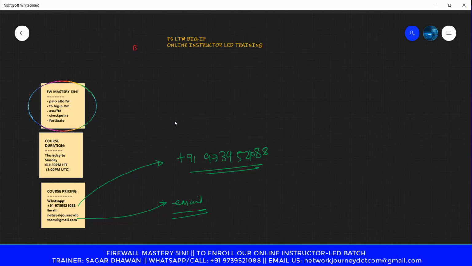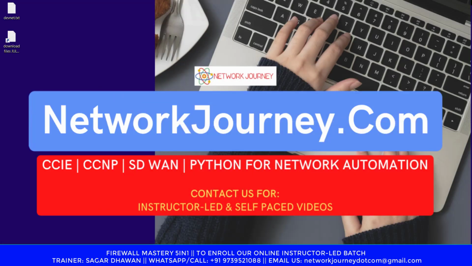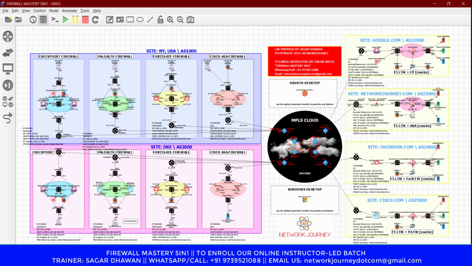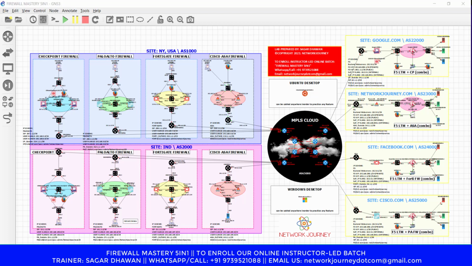All right, guys, so I think this was an informative class. And yes, this is the lab topology which you would be getting. The benefit of taking all 5 in 1 is you will be part of this lab topology, which has its own workbook, and you will also get access to these labs.